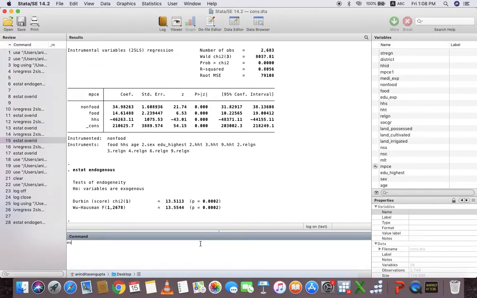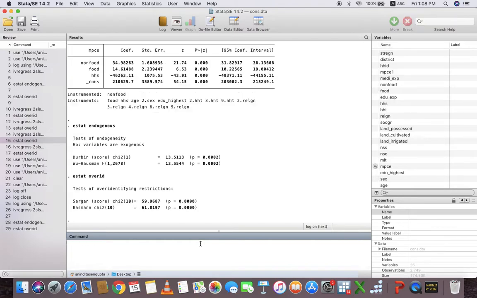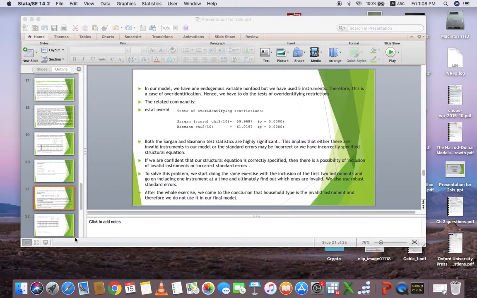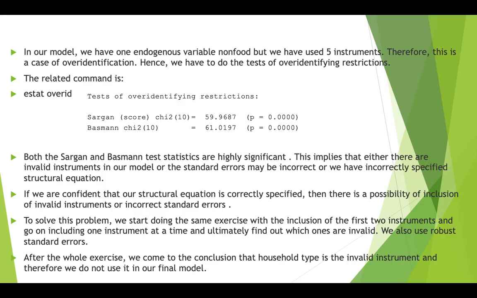So we write estat overid, and both the test statistics are highly significant. So, therefore, there is definitely a problem of over-identification in our model.